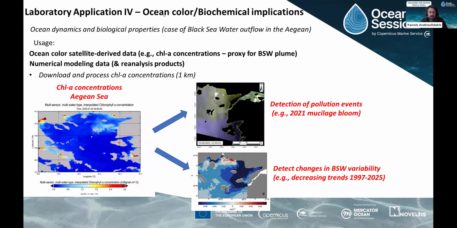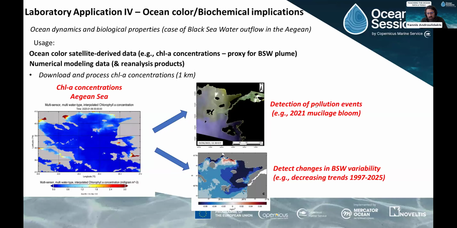This is using ocean color data, and this is an example that we train in the course to detect the Black Sea water plume. This is the North Aegean where you have the Black Sea water coming. And so we use this data to detect the spreading of these waters, which are high in chlorophyll,